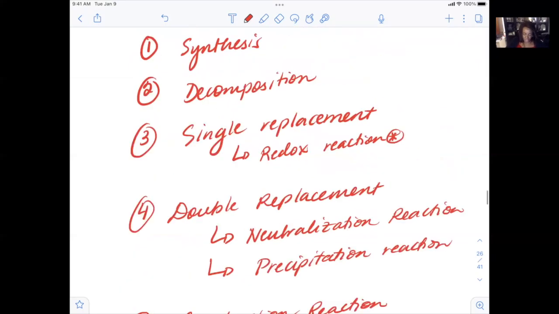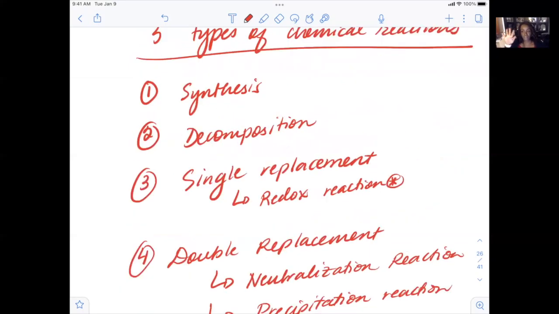Okay, so what I'm going to do here is we are ultimately looking at 5 major classes of reaction types, right? And the goal is for you to be able to identify what is what. So I'm going to give you a quick cheat sheet so when we're going over it later on, y'all can see it, okay? In synthesis reaction, the easiest way to identify it is most of the time,